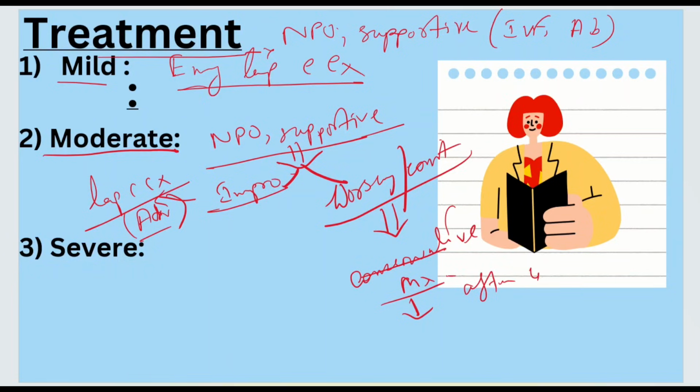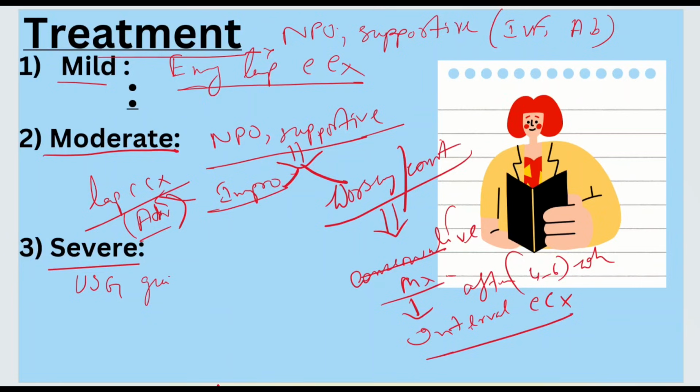and then after 4 to 6 weeks, go for interval cholecystectomy. So this is for moderate cholecystitis. Then for severe acute cholecystitis, there is organ failure. For organ failure, surgery is difficult. So what we do,